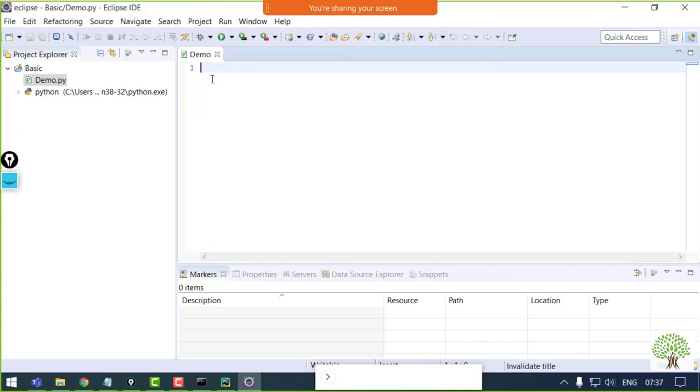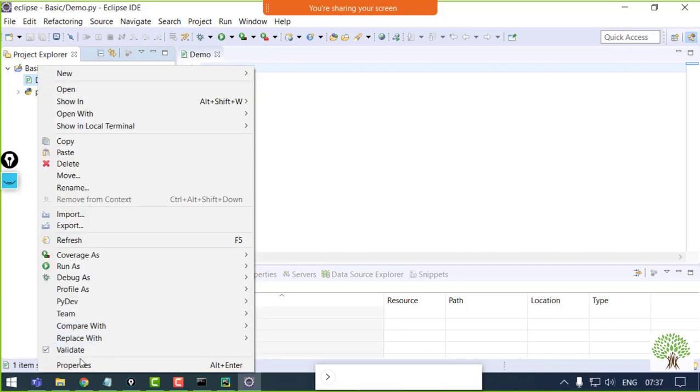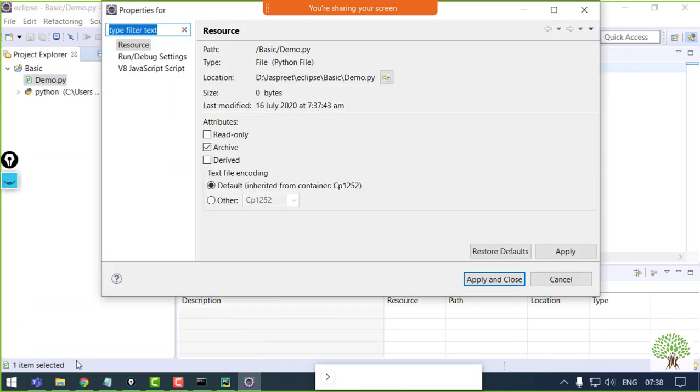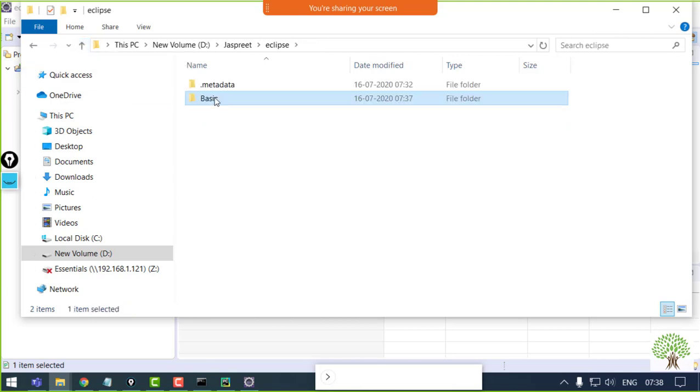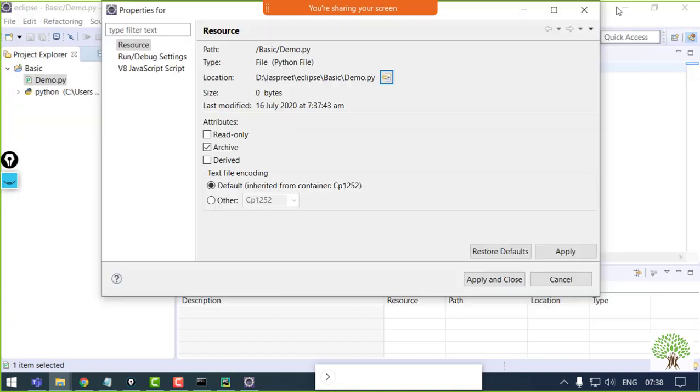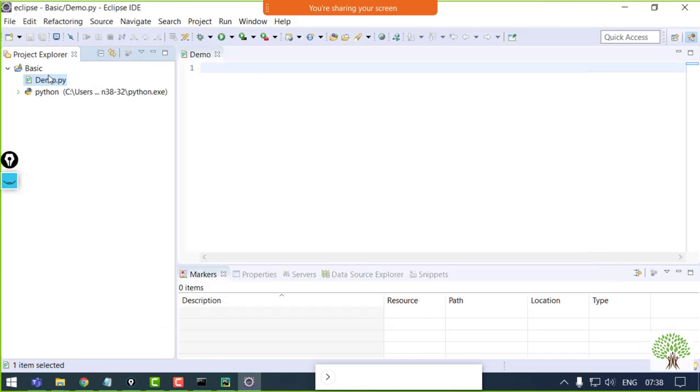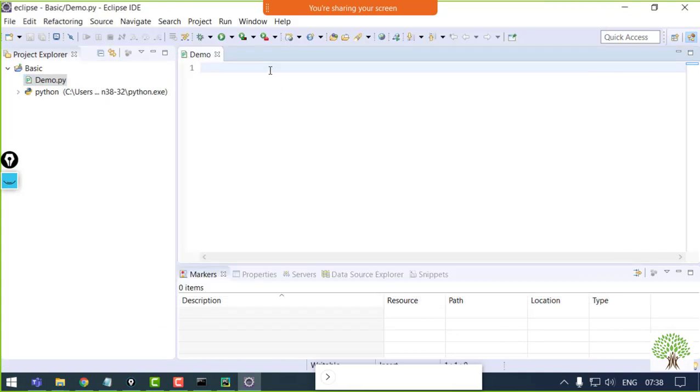If you go to the actual location in your system as well, it will show you a file with .py extension. Just right click, go to properties, and this button will take you to the actual location of this file in your system. And this is a file with the .py extension, differentiating that it's a Python file. And if I have a project, then it's a folder. If I have a package, that's a folder inside a folder. So in any case, when I say module, that's nothing but a file that has been created. People do get confused at this point about what a module is and why we are calling it a module.